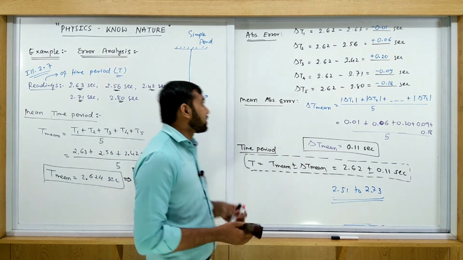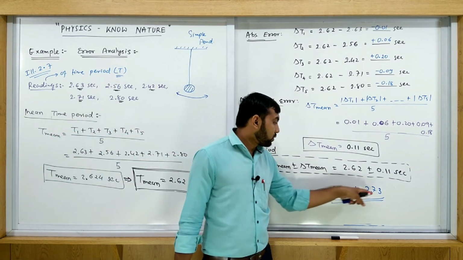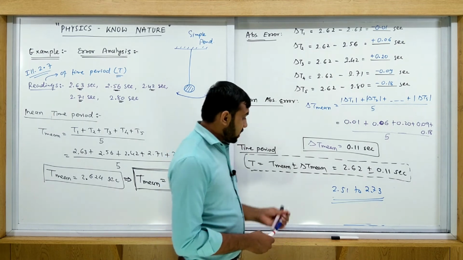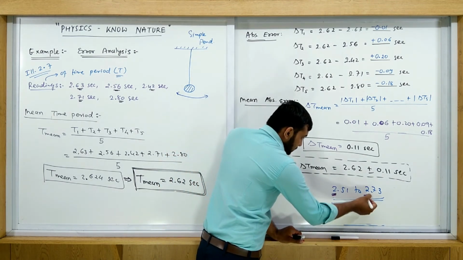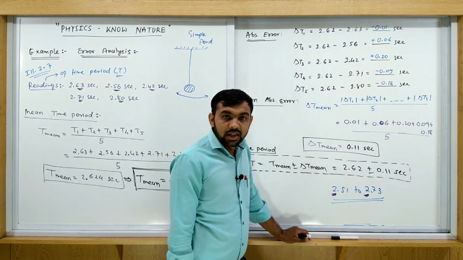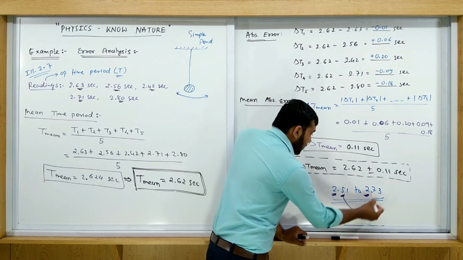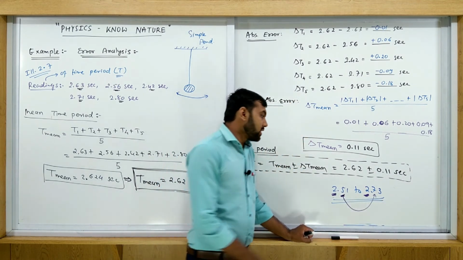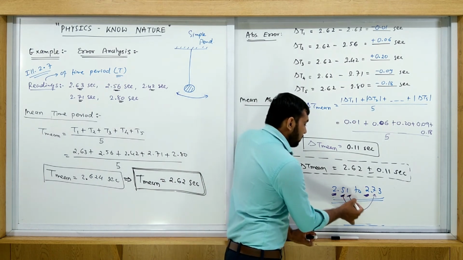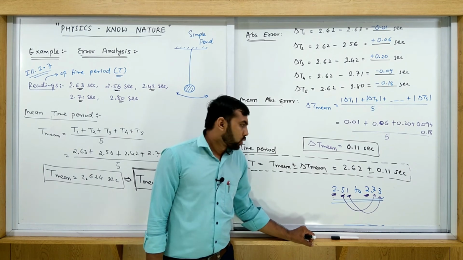The time period of this simple pendulum is varying between 2.51 to 2.73. So here, see, this digit is as it is, 2. क्लियर है सबको? इस डिजिट में तो कोई चेंज हो ही नहीं रहा है. यहाँ पे 5 से कहाँ तक वेरी होता है? 7 तक, मतलब 5, 6 और 7 यहाँ पे चलता है. तो इस डिजिट में एरर है. इस डिजिट में 1 2 3 तक होता है, तो इसमें भी एरर है.